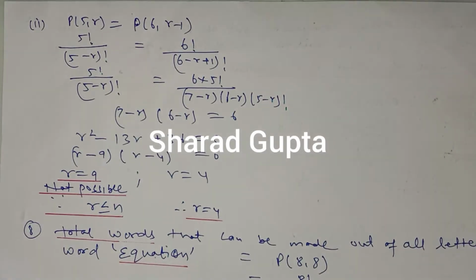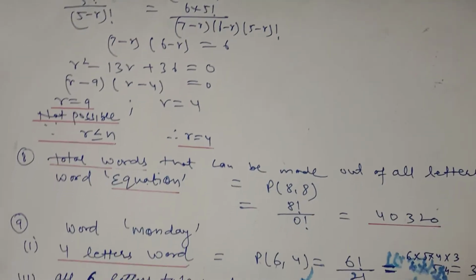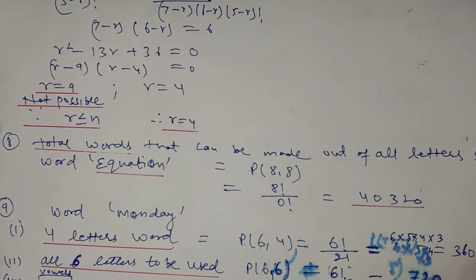This is lecture number 4 for the chapter permutation and combination of class 11th, and we are discussing the third exercise, and we have done up to question number 7. Now in question number 8, you have to find the total number of words that you can make by using